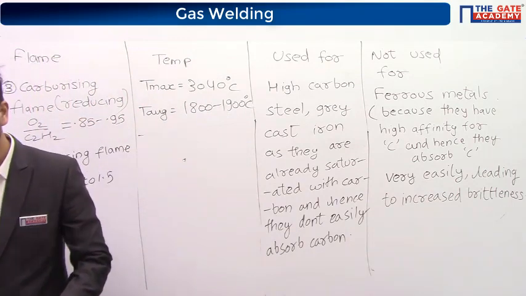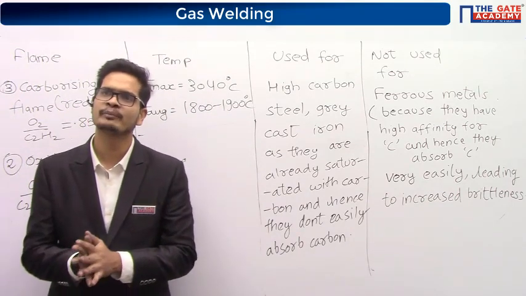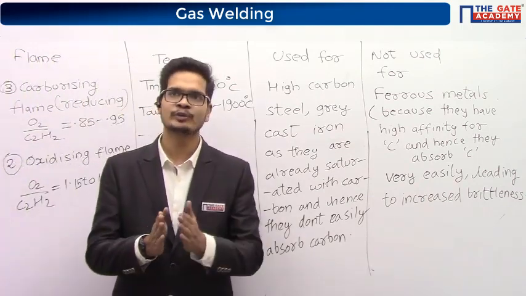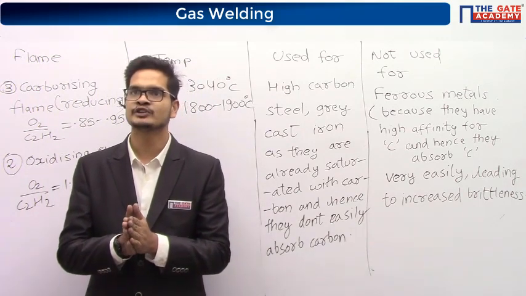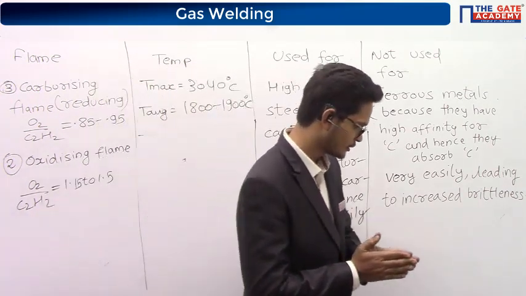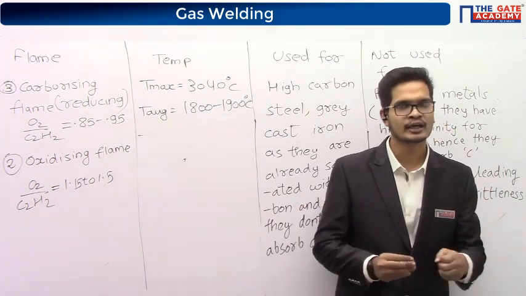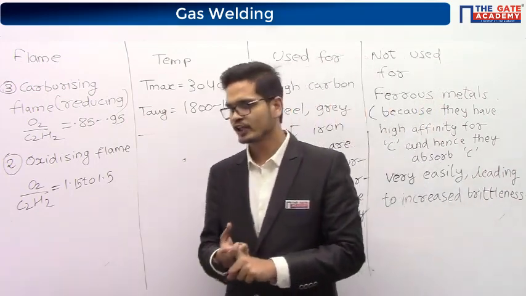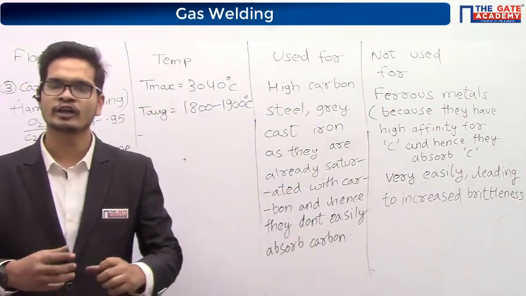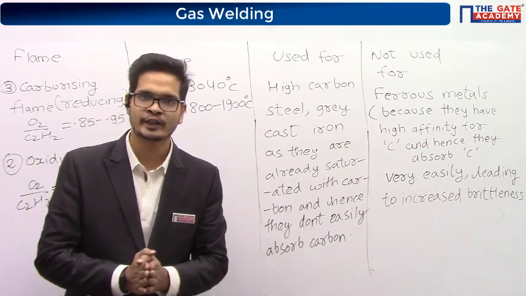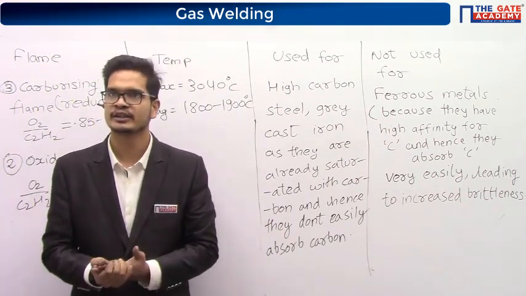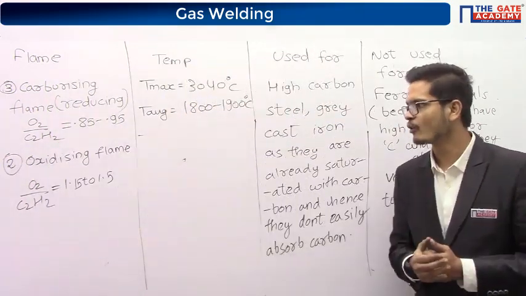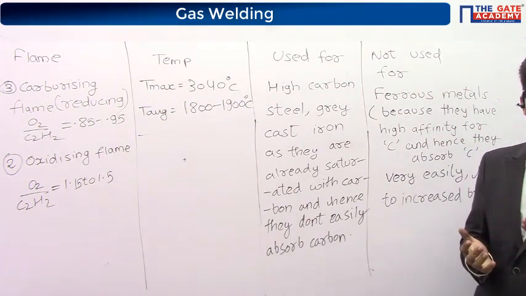Can aluminium be welded by carbonizing flame? Yes, you can weld aluminium by carbonizing flame, but still it is not preferred. Why it is not preferred is because in the atmosphere, again, there is oxygen. So this oxygen can react with the aluminium. Whenever you are welding aluminium, you always go for a protective atmosphere. We use a shielding gas. Generally we don't use gas welding for aluminium. We use different forms of arc welding, like TIG welding. You might have heard the name.